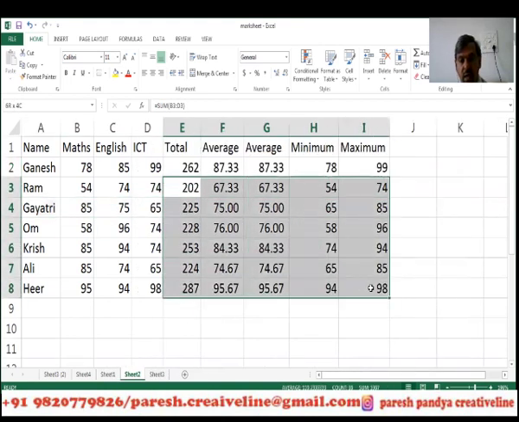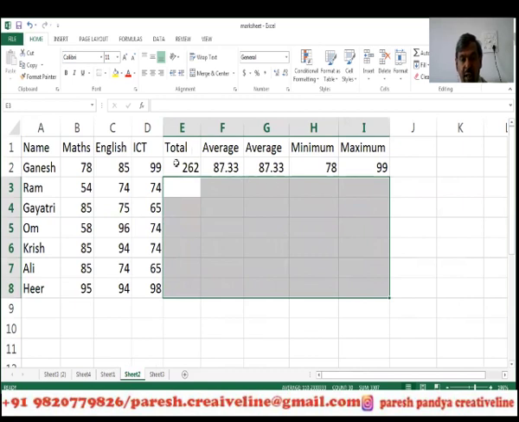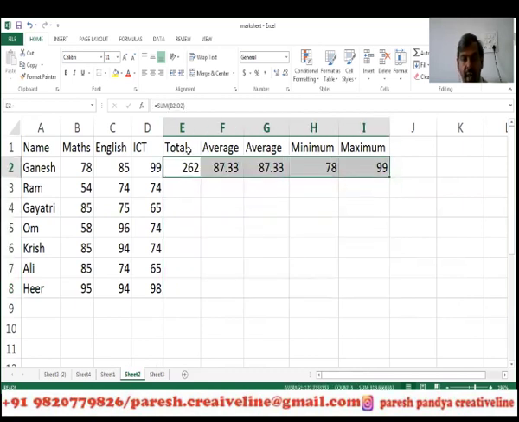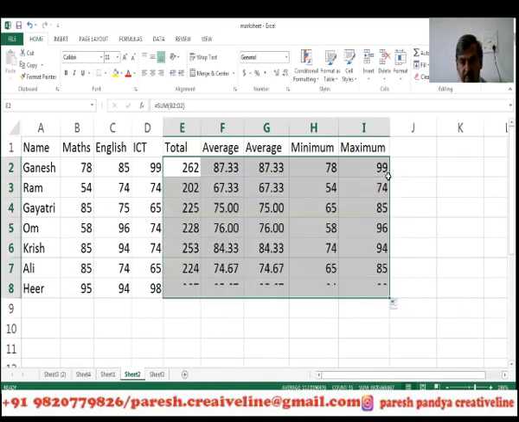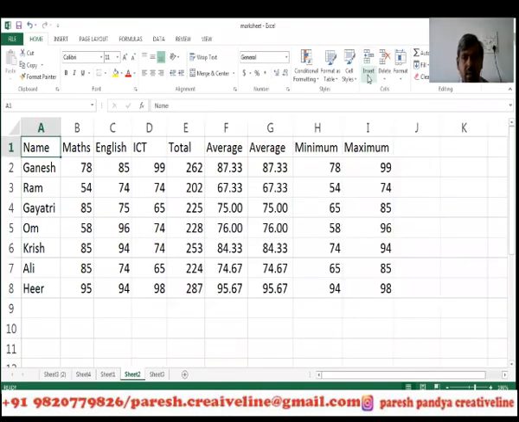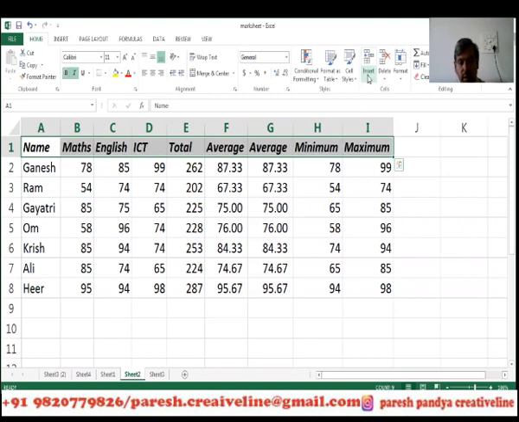Same way you can see here, suppose my first row is having a formula, so I can select in this way, control shift and right arrow to select all the columns, and then just double click on this. Same way suppose I want to select my heading, so control shift and down arrow to select all the headings, then do control B is for bold, control I is for italic, and control U is for underline, right?